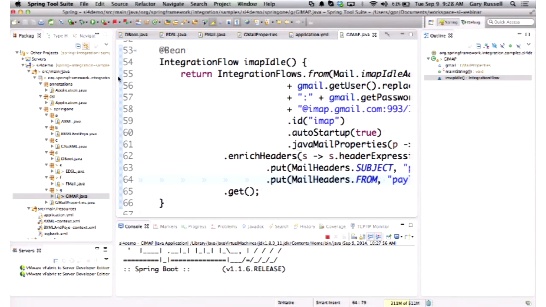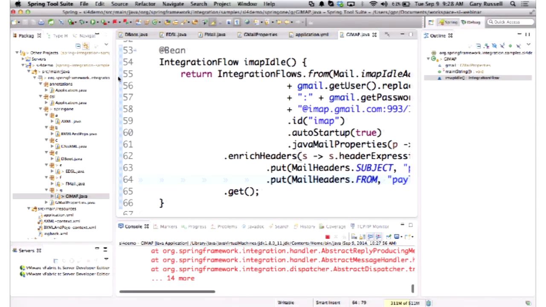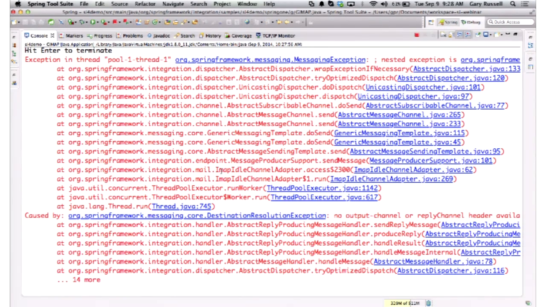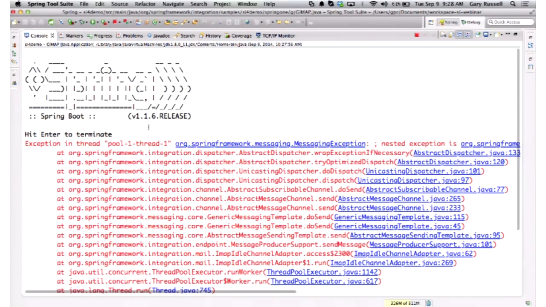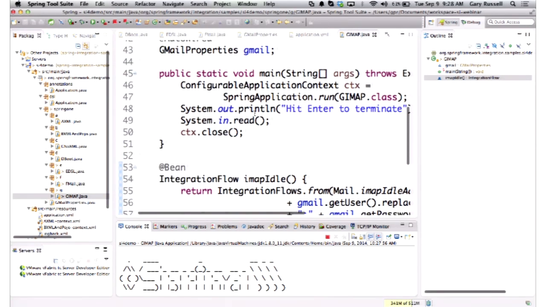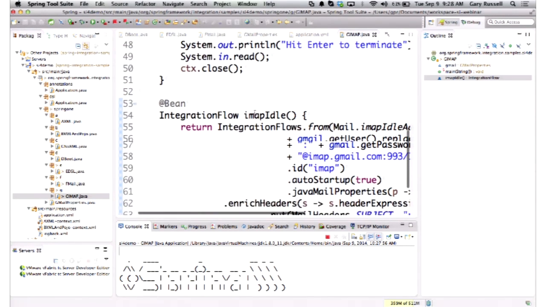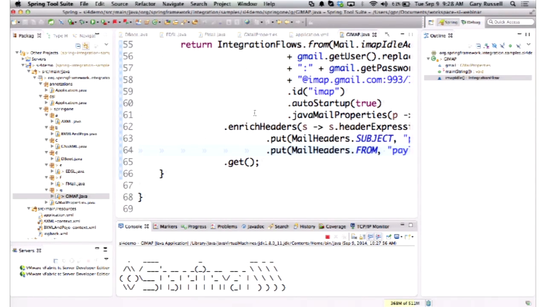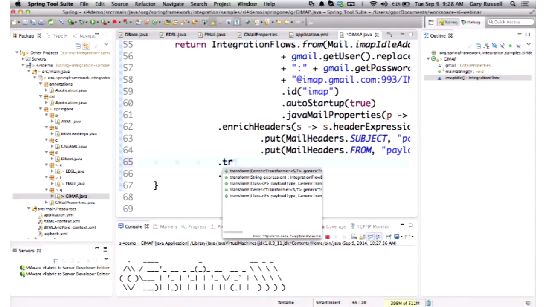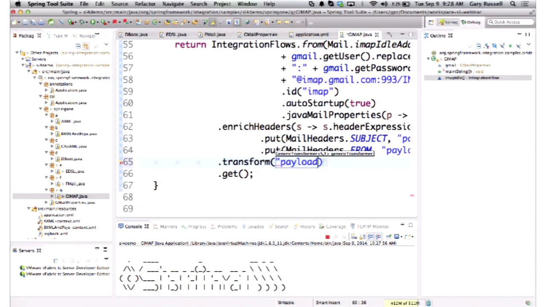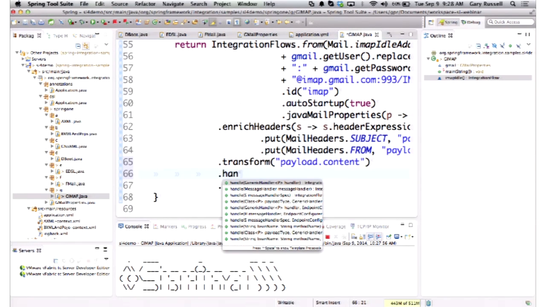Now this particular application sits in the, the joys of live demo. What did I do? No output channel. Oh, I didn't do anything with it. I created the message and didn't do anything. So of course it said, well, where do you want me to send this? I missed a couple of steps here. I want to transform it, again just using an expression. My message has payload content, and all I'm going to do is sys out the